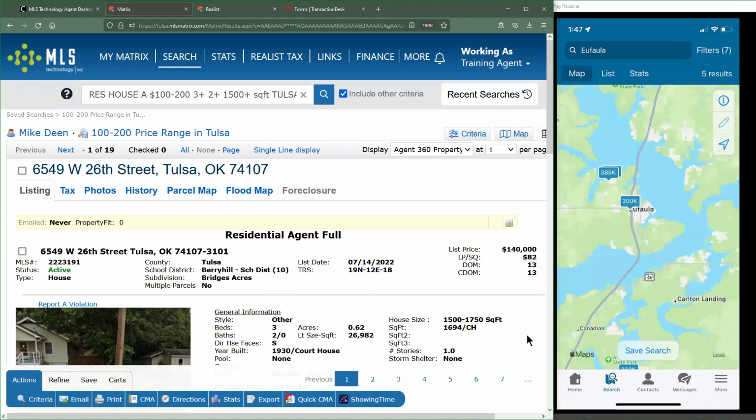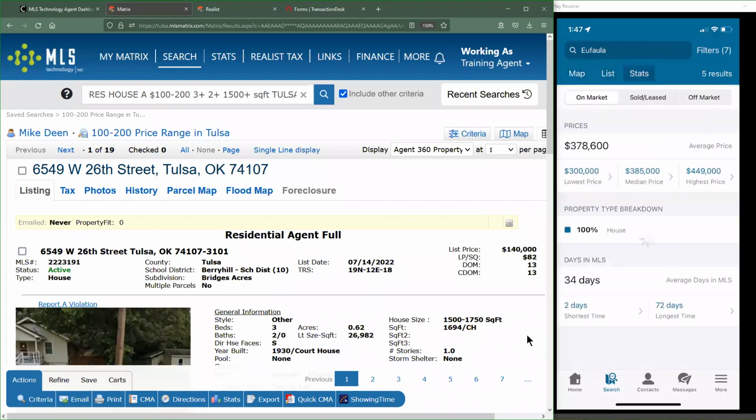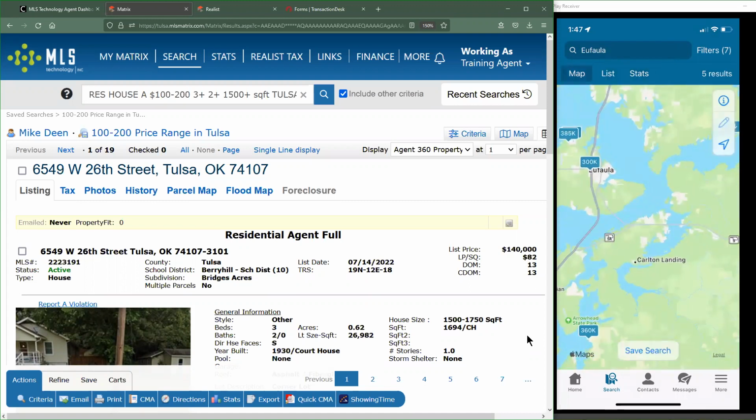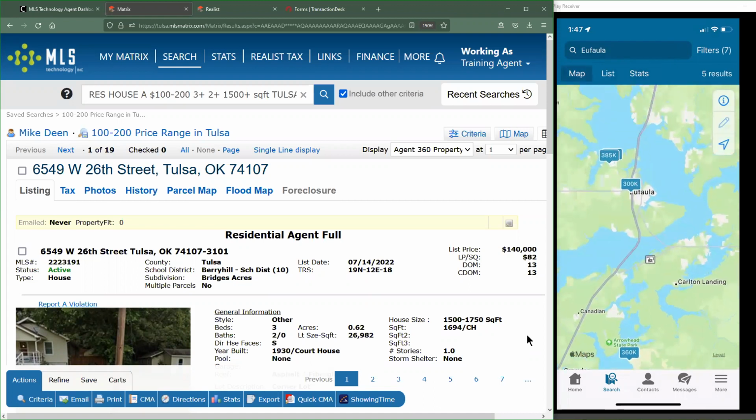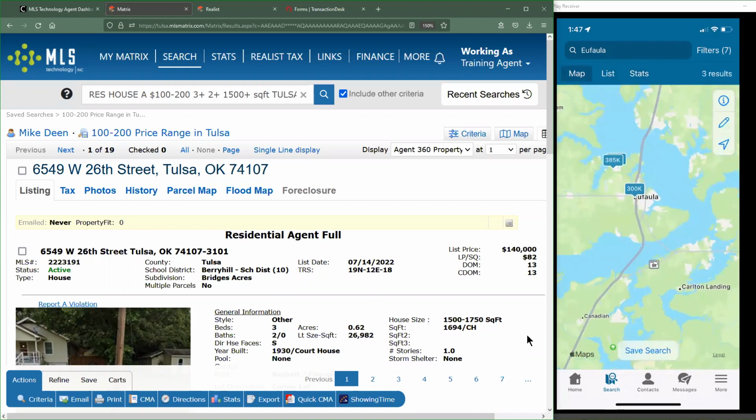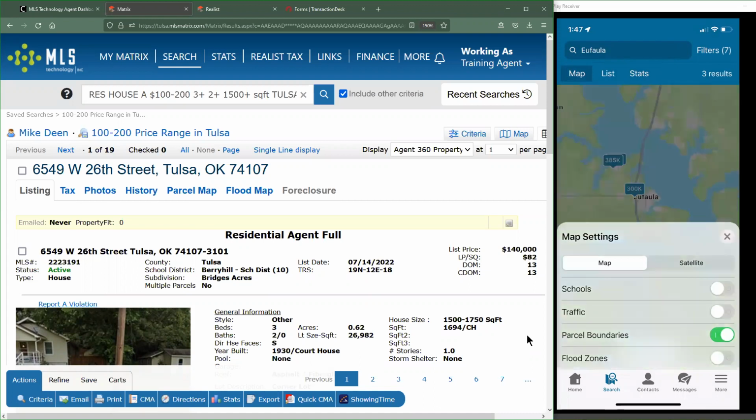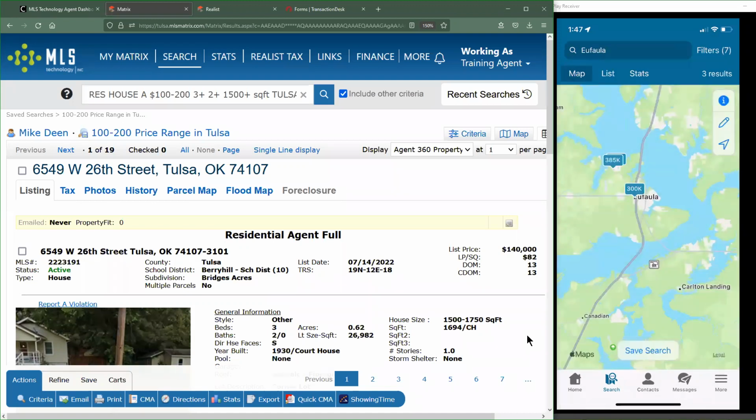Excellent. So here I can see my results. I can go to a list view, or I can even see the stats on all of these. Coincidentally, I think this is kind of funny that they allow me to see this even though my filter is showing the very specific price range. Anyway, when I go back to my map, I can also narrow this down a little bit further. I'm going to use the button over here on the top right. See where we have a little eye icon to change some of our map settings. We also have a pen icon, and I can draw on my screen to narrow down my search even further.